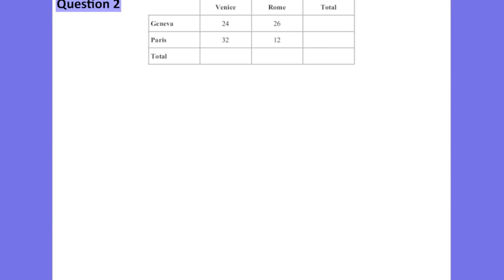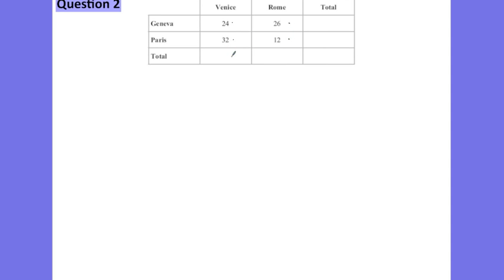Question number 2. A holiday in which people can visit 2 cities is called a two-centre holiday. A travel company offers 4 two-centre holidays. The two-way table here shows the number of these holidays booked in 2010. First, complete the table. So we have 4 choices here: Venice and Geneva, Venice and Paris, Rome and Geneva, Rome